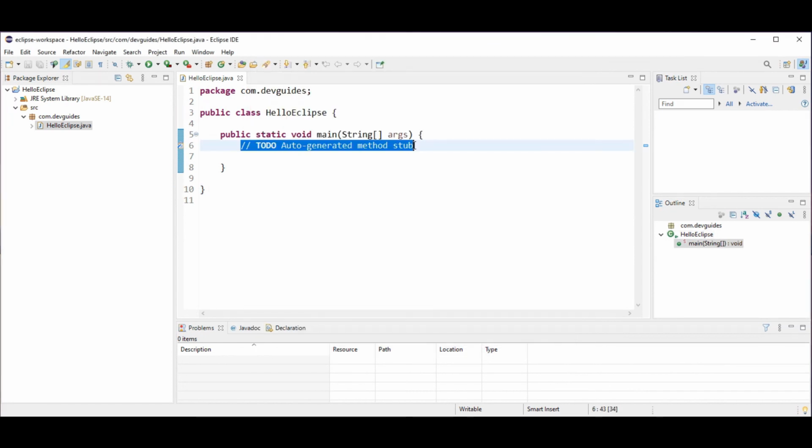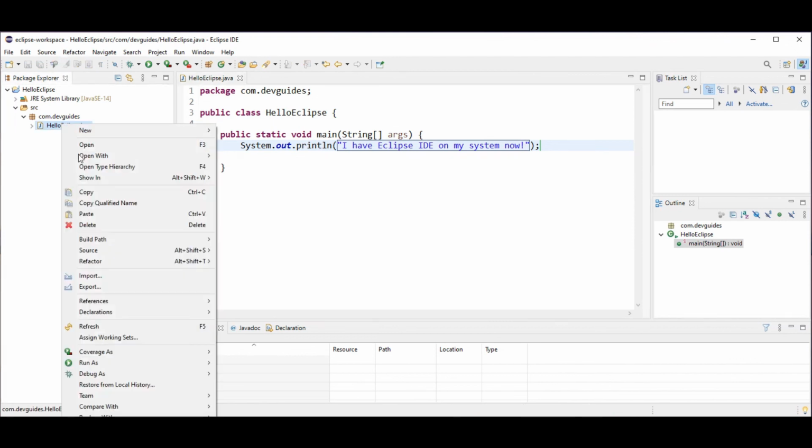So here I will just write a simple System.out.println statement, and then after that we will compile our program and run our program. Before doing anything else, let's save the file. And now we have to run it. We have several options to run it. One is we can right click here and go to Run As, and then Run As Java Application.